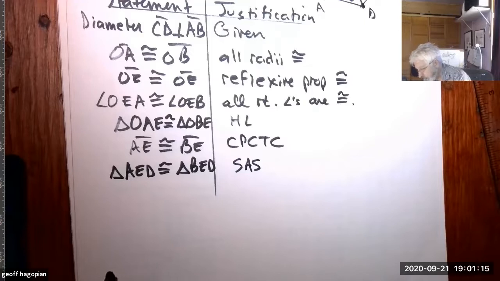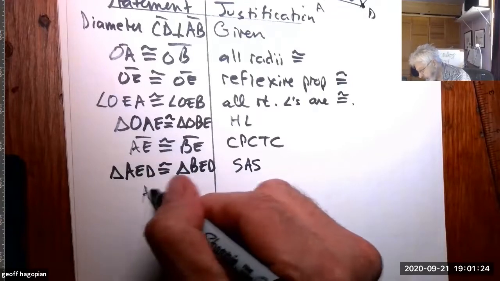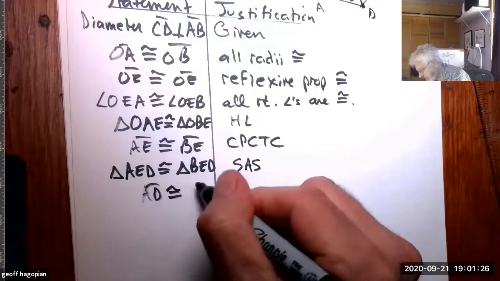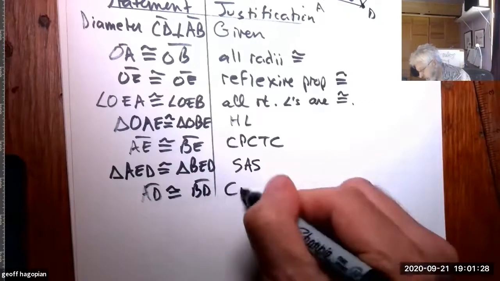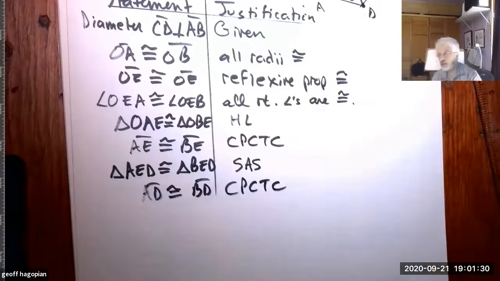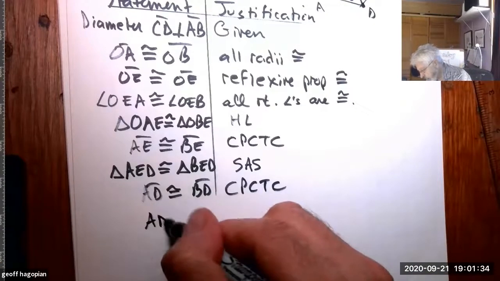And you know, those are right angles there, right? So I suppose, yeah. So that means that AD is congruent to BD because corresponding parts of congruent triangles are congruent, and that allows me to say then that arc AD